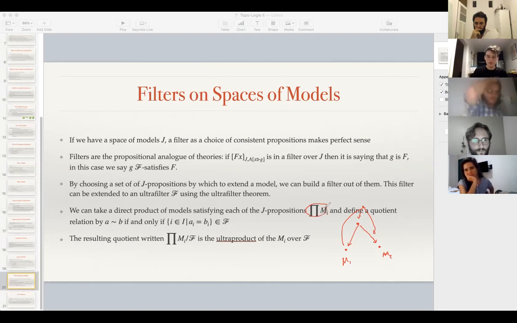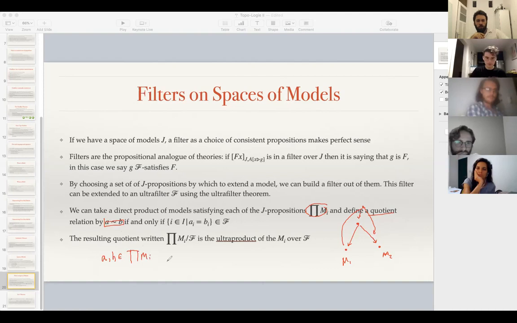The quotient is a way to identify points of the space and glue them together. So we're going to define it by a relation where A and B are both in this product of the M_i. Some elements of the product we're going to say are equivalent if and only if the list of indices, of i,